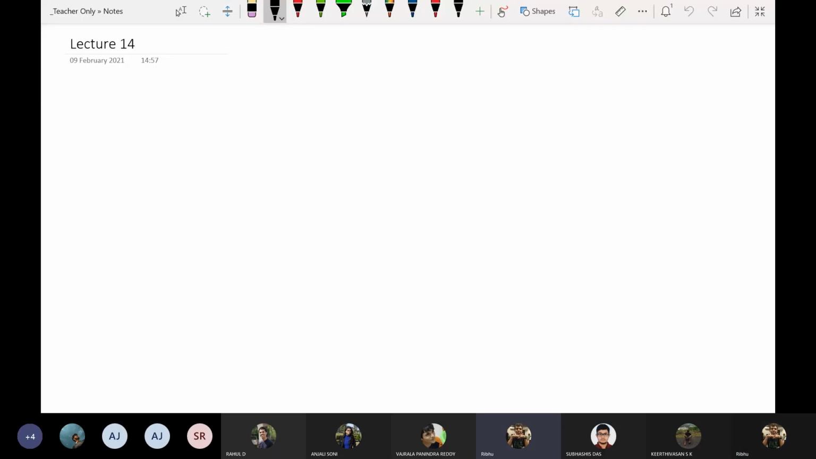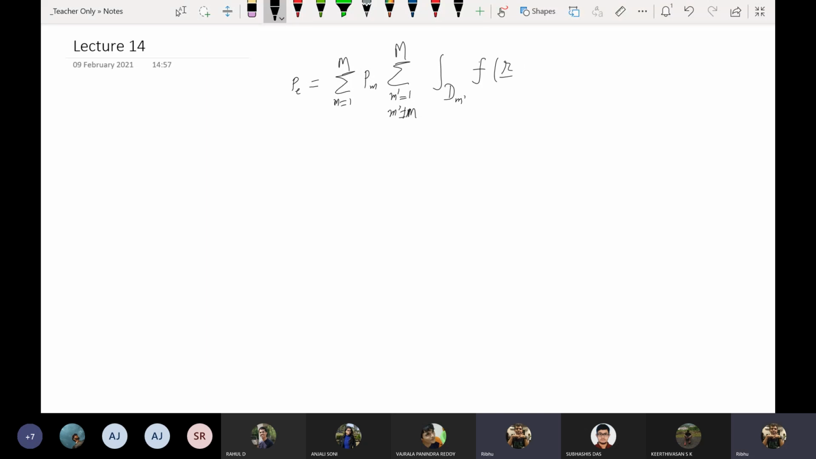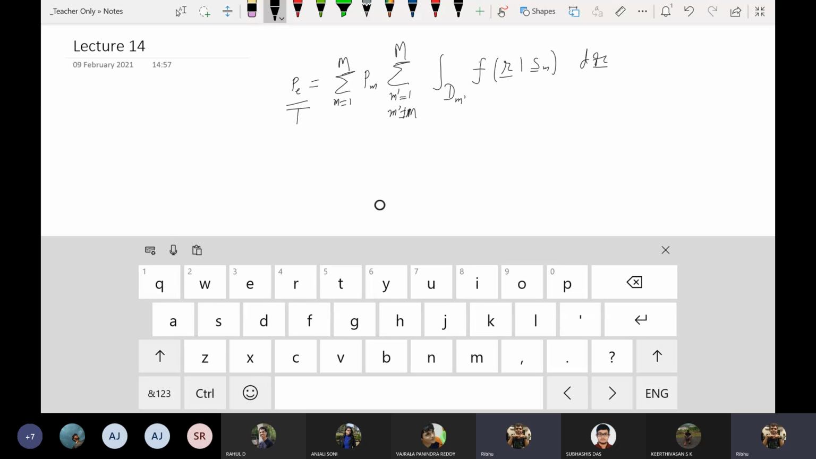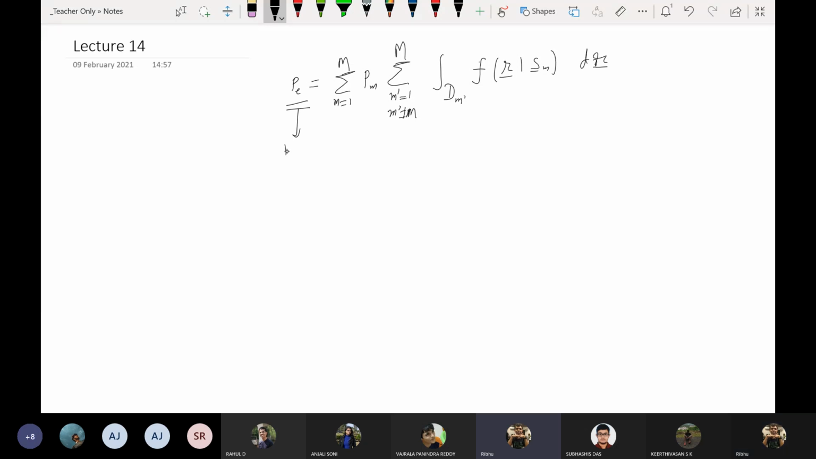Yeah, we derived an expression for the probability of error, the previous expression, that PE equals summation small m goes from 1 to capital M, PM summation. So this is known as symbol